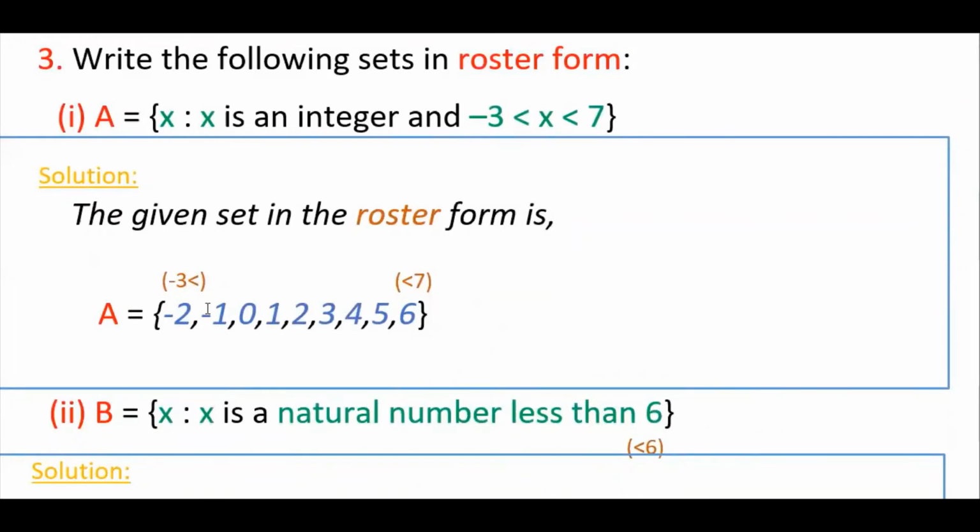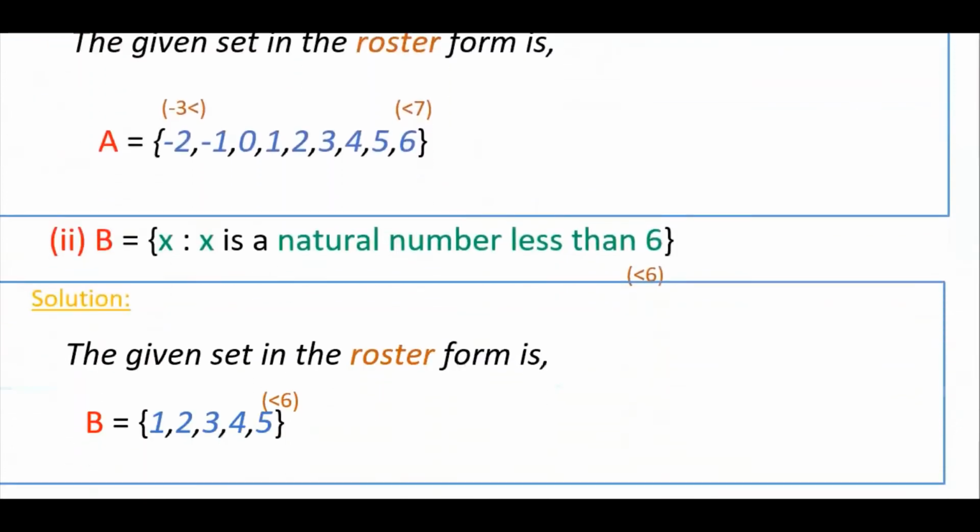The given set in the roster form is -2, -1, 0, 1, 2, 3, 4, 5, 6. Because -2 is greater than -3 and 6 is less than 7. You have to write between these two numbers. So this is in the roster form. And second one is